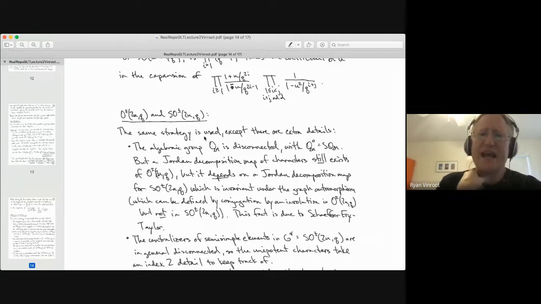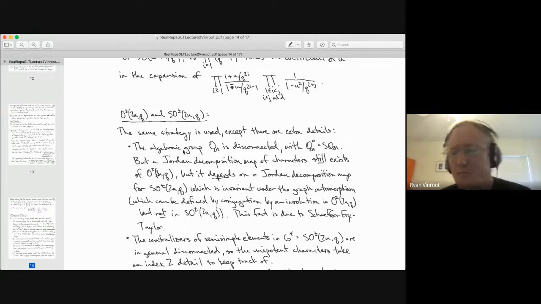So the algebraic group that is the orthogonal group of even dimension is disconnected. And so this is what I was mentioning before. The one way you can define SO2n universally is to look at this group defined by a quadratic form, look at the connected component, and then look at fixed points of that algebraic group. But even though this is disconnected, it turns out there is still a Jordan decomposition map of characters for the